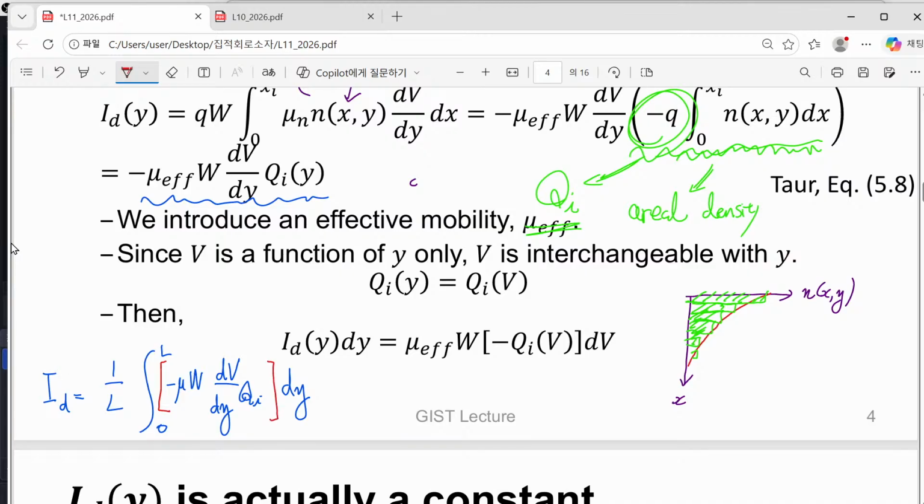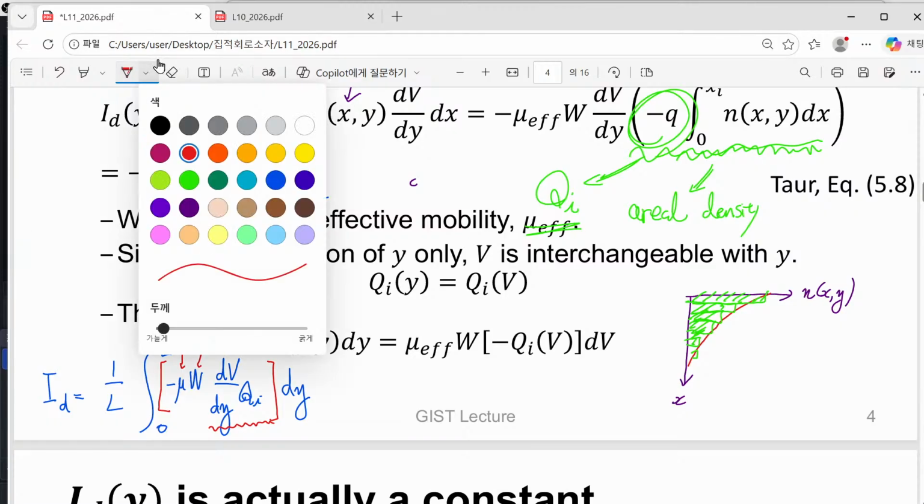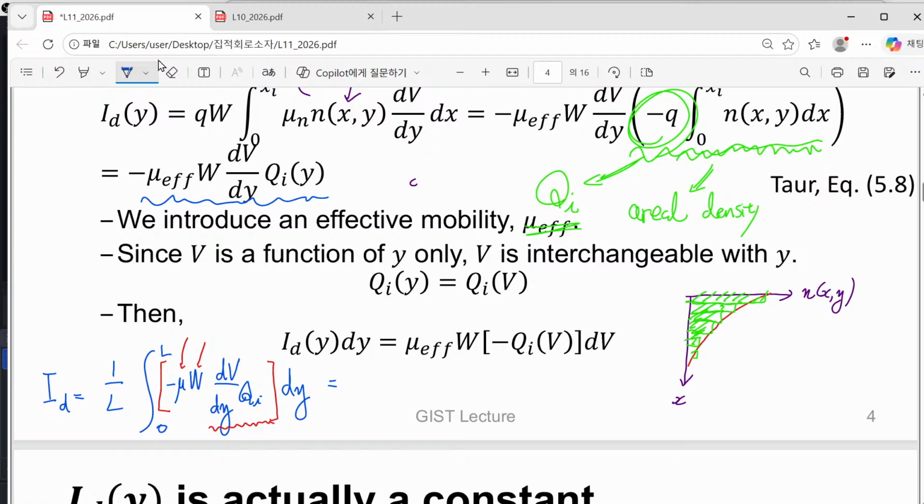Now this one is not important. This one is not important. But here we have two important parts. Here we have dV over dy q_I, and you will immediately note that minus mu W, they are all constant, it doesn't matter. But here, combining this dV over dy and dy, eventually we can convert this integral into this